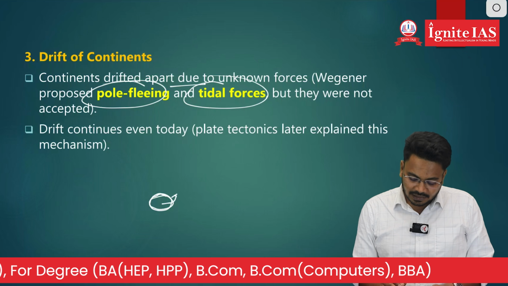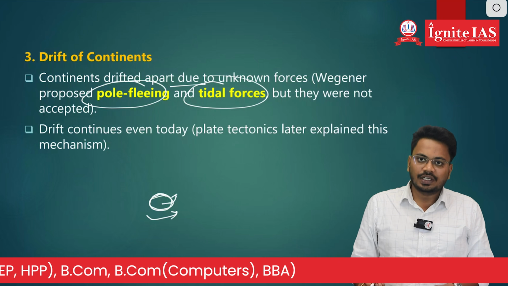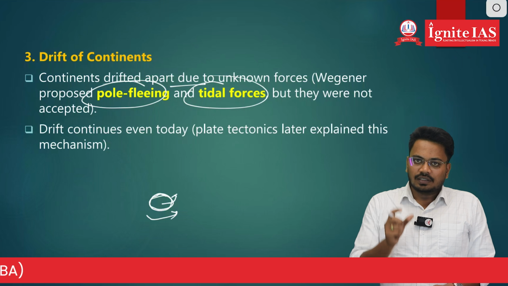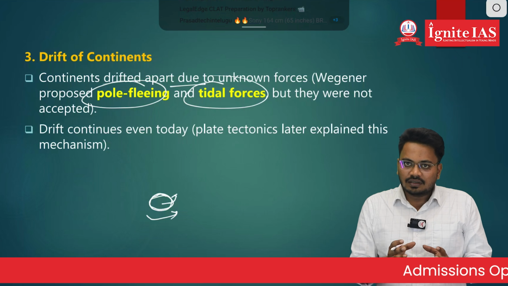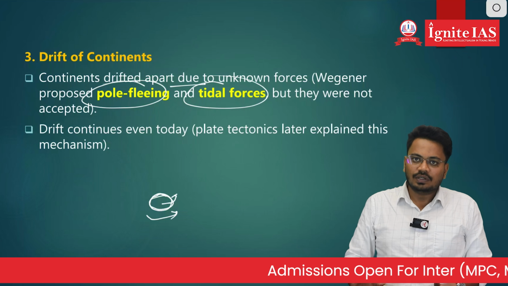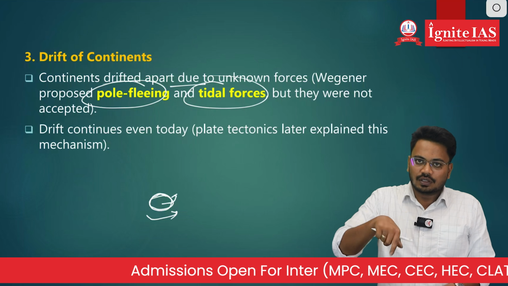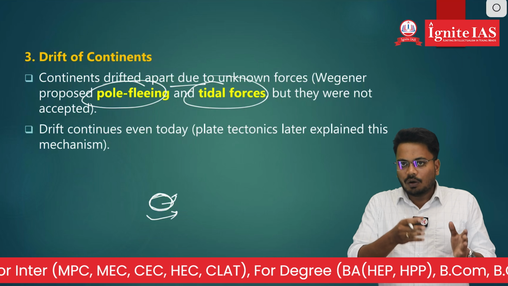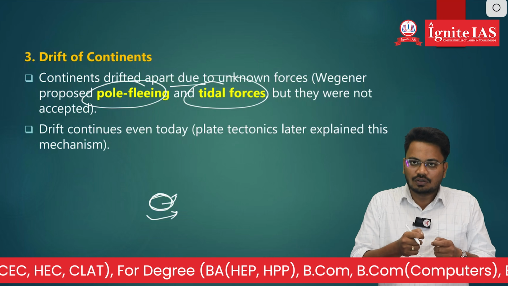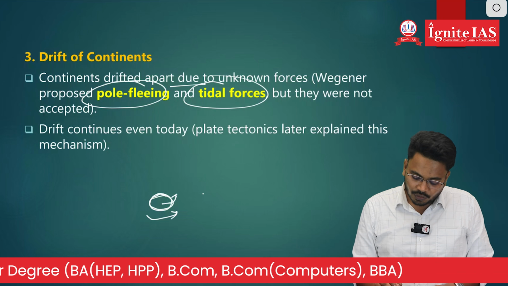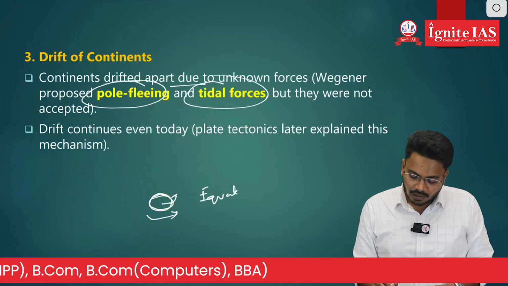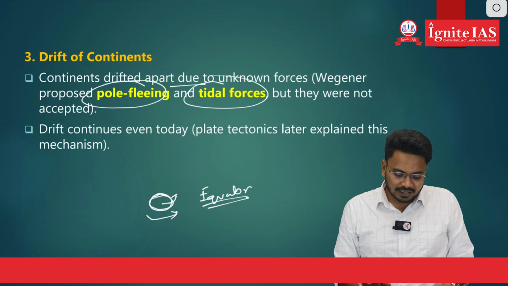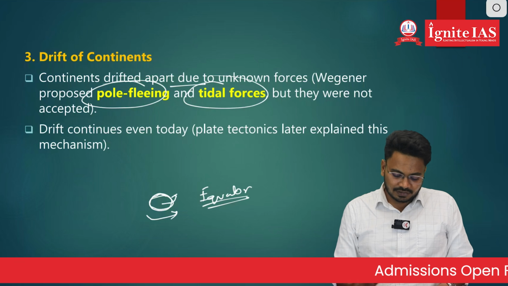We know that the earth rotates from west to east, and he is saying that due to the rotation of the earth, the Pangaea has been split into different parts because of the rotational force, and all those lithospheric plates which broke are moving towards the equator. So this is the reason he gave regarding the movement of these different plates.